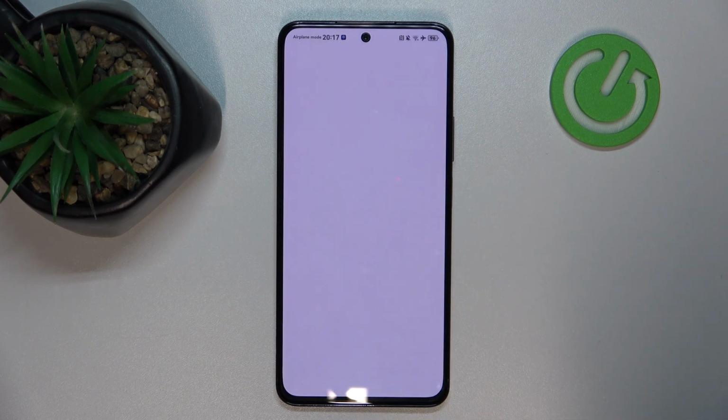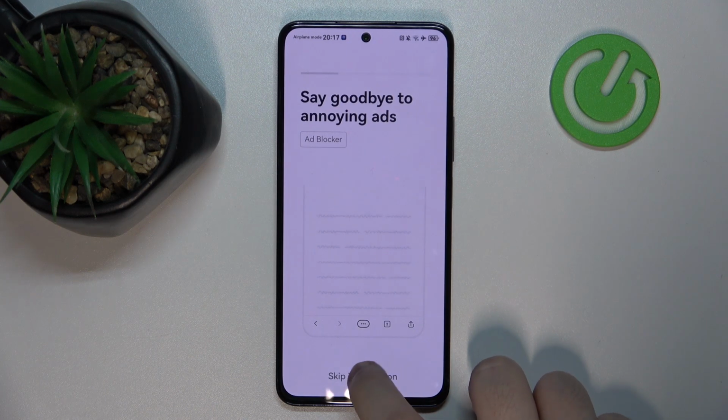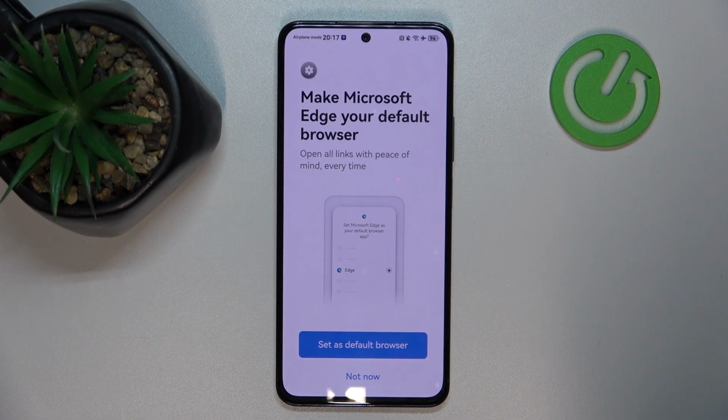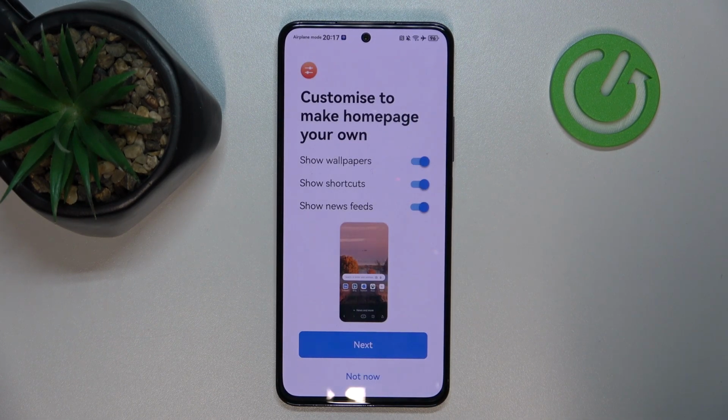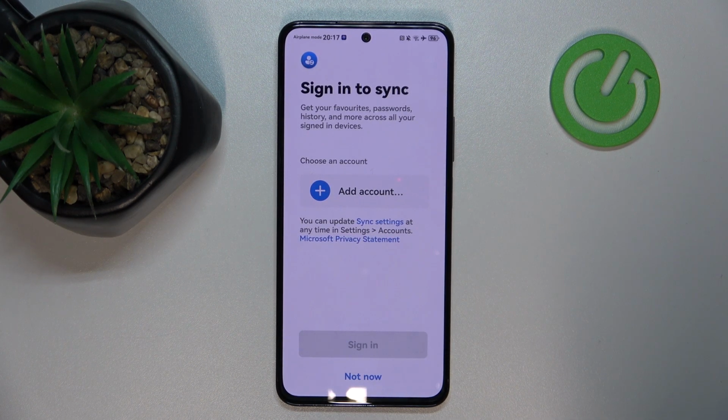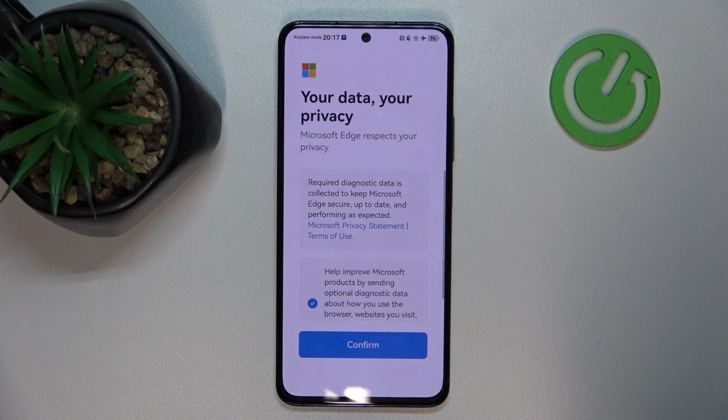Then click I agree. Now you can click skip introduction, and here you can set this browser as your default browser, or you can click not now. Now you can customize your homepage, or you can click not now. Here you can sign in to sync your data, or you can click not now, and now you have to